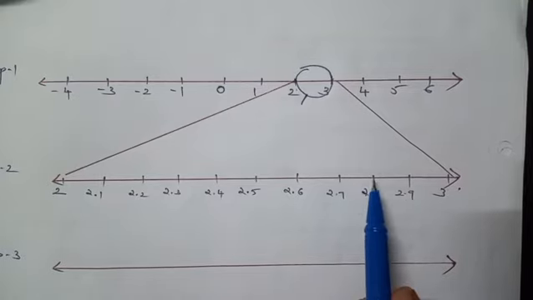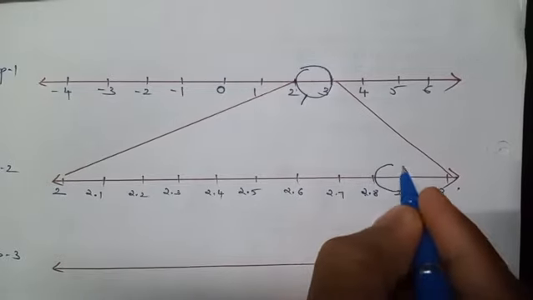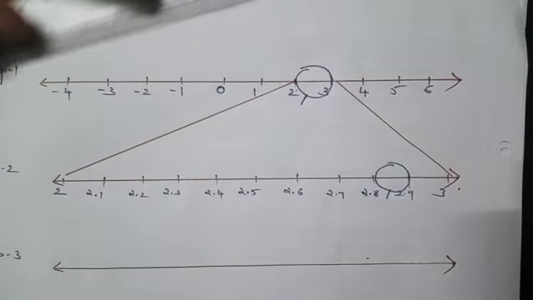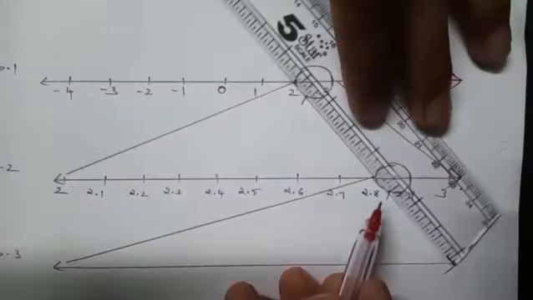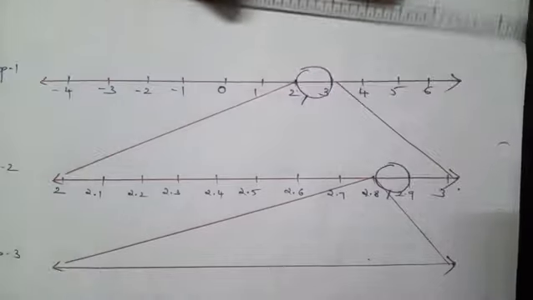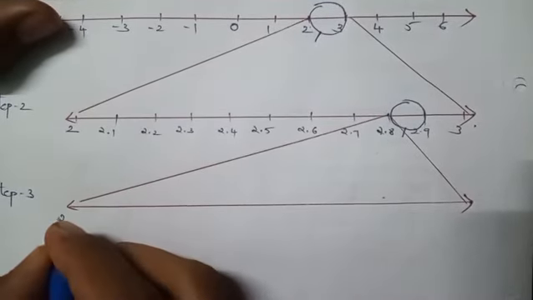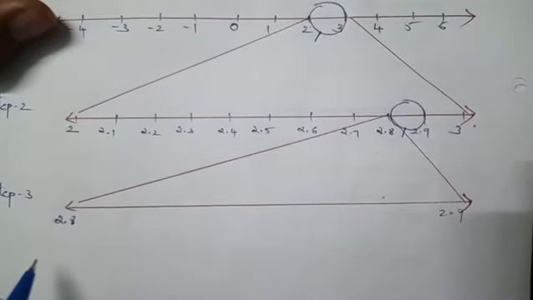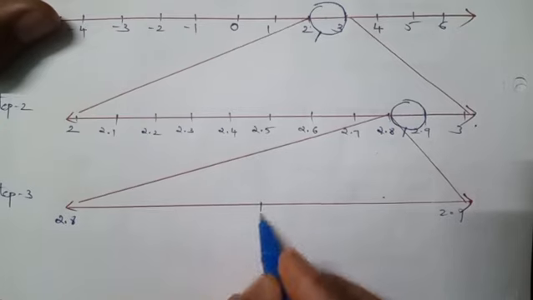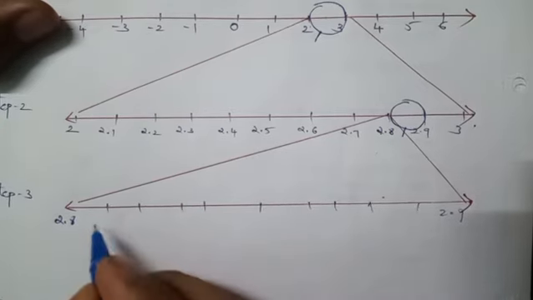So 2.874 lies somewhere here. So you have to keep magnification here. And next, zoom in here. This is the next step. Now 2.8 here, 2.9 here. Now again 1 2 3 4, 1 2 3 4, 2.8,